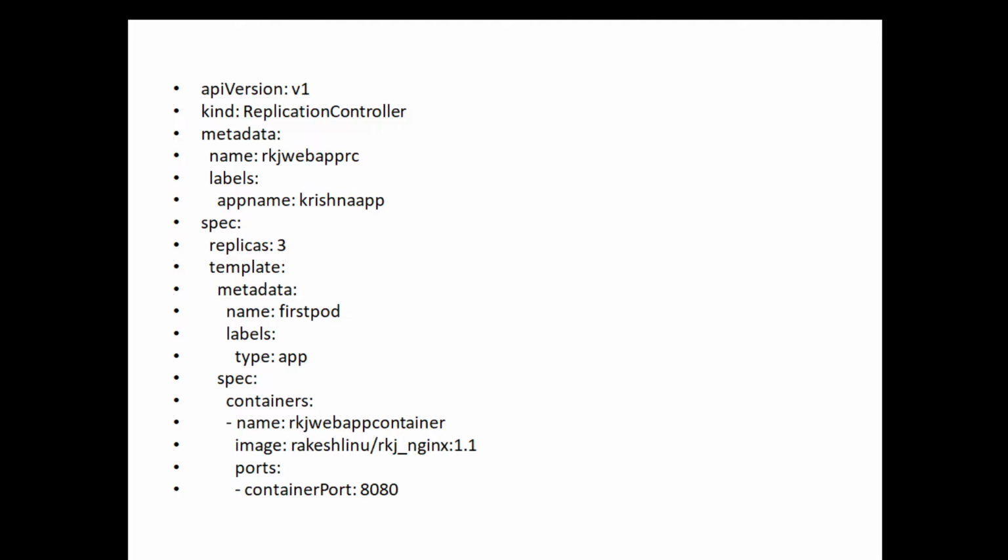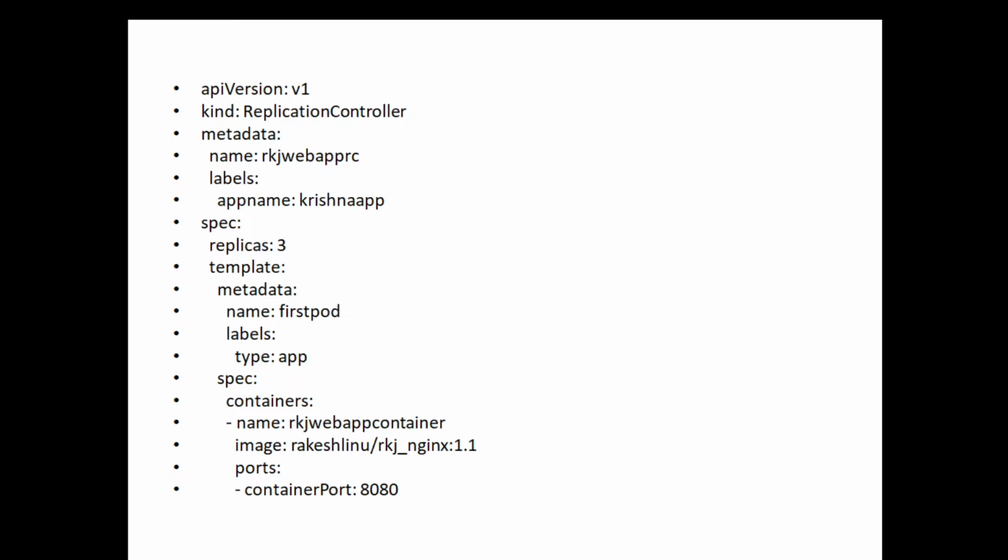After that we have mentioned the port 8080. So it helps in making sure that on all the nodes in the cluster where the pod is running, the container inside the pod will be exposed on the same port 8080. Okay. And in the image you can see, I have to put the image name along with the version. Okay. So here you can see under spec the type was written as app.